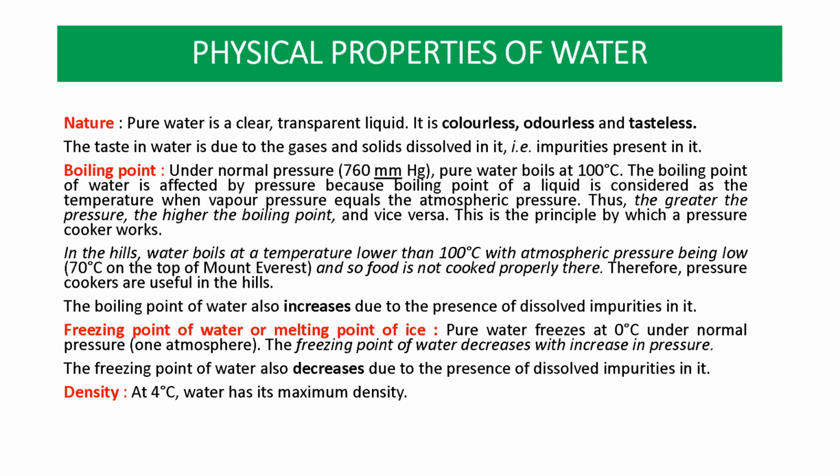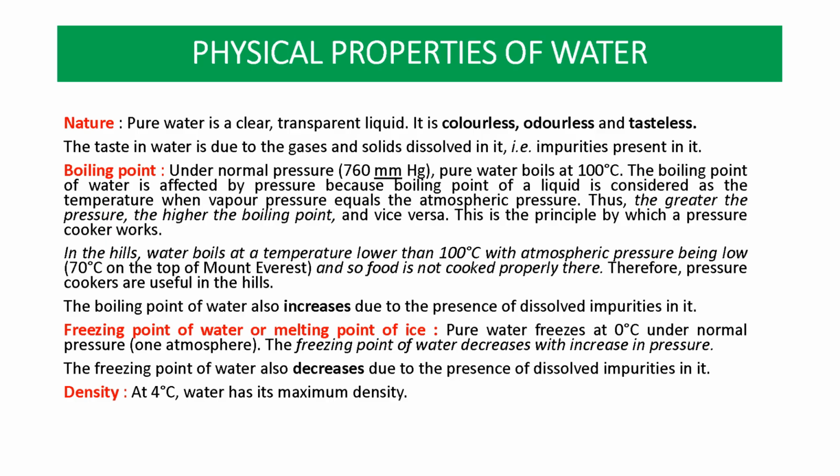Now we come to the next physical property, freezing point. We know the freezing point of water is 0 degree centigrade under normal pressure, and the freezing point of water decreases with increase in pressure. So it is a very important point that there is a reciprocal relationship between pressure and freezing point. If we increase the pressure, the freezing point will decrease. So the important point here is that there is a reciprocal relationship between freezing point and pressure, and there is a direct relationship between boiling point and pressure. So this point is important.